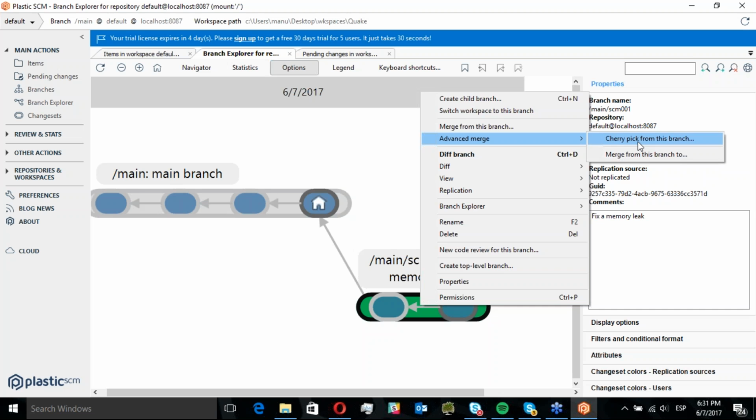It will allow you to cherry pick this branch and also to merge this branch too. This is really useful in order to automatize operations in Plastic. The merge to operation will allow you to merge branches without having to switch your workspace to the destination, but